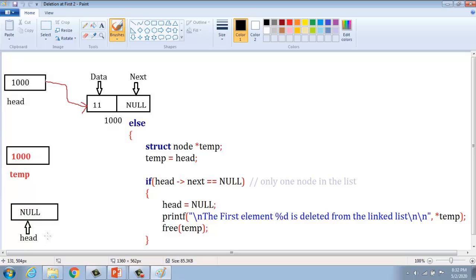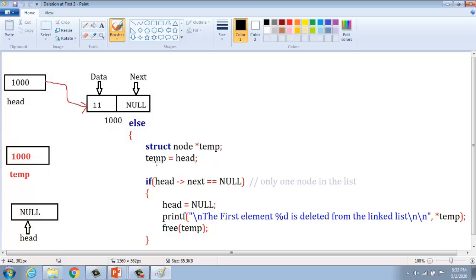Afterwards, if head equals null, the condition is true: no element is present in the linked list, and we print that the first element, percent d, is deleted from the list. Then we create a temporary pointer variable, which holds a certain location.